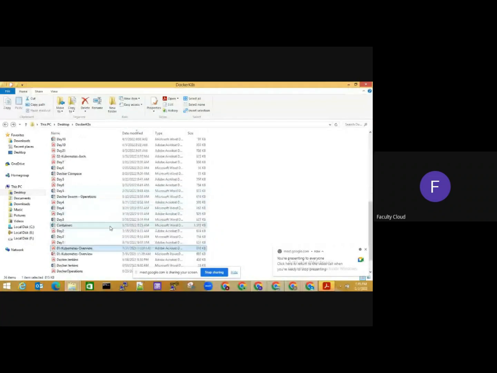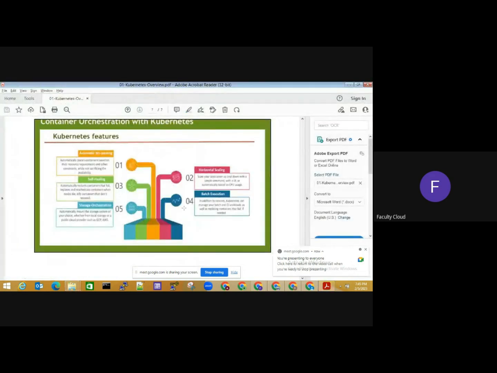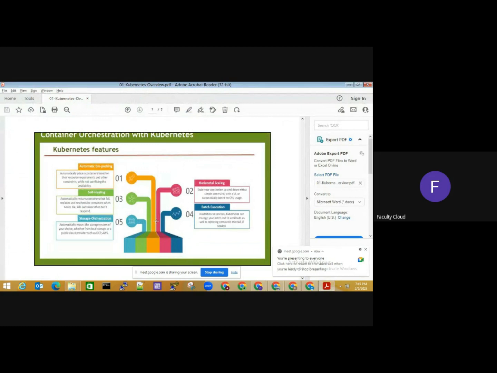So you can see that we will go with the topics. I have already formulated well-defined lab guides, and you can see that we will start with Docker, then we will go with cloud containers, then Docker Swarm, Docker Compose, then Kubernetes, then we will go ahead with implementation, then deployment, then workload management, how to ensure pods are having a steady state. All that we will be looking into.